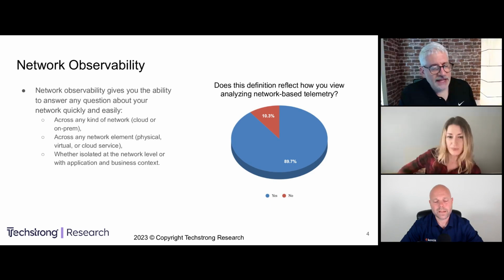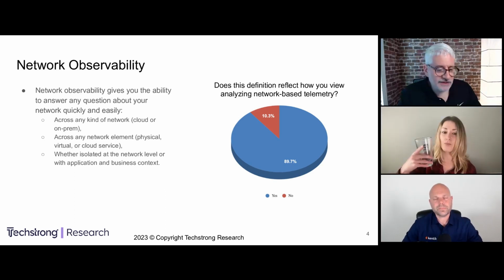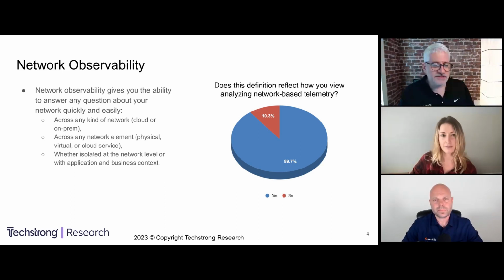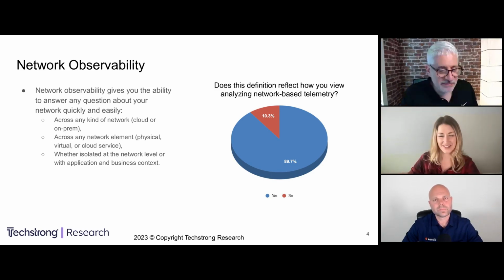Yeah. And the key piece of that is the context, right? I kind of call that the C word sometimes because some folks get horrified by that concept. But the reality is, if you don't know what's happening up at the application layer, if you don't understand what the real business drivers are, you can't make a prioritization decision because, again, you're treating something that is very low level as the same as something that is mission critical to your environment. So that business context becomes absolutely paramount in terms of really delivering this.